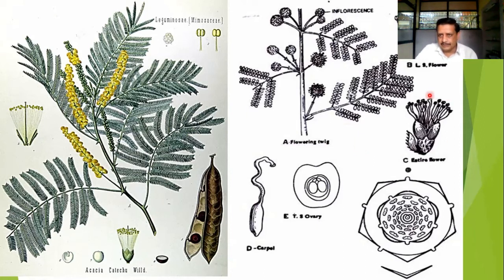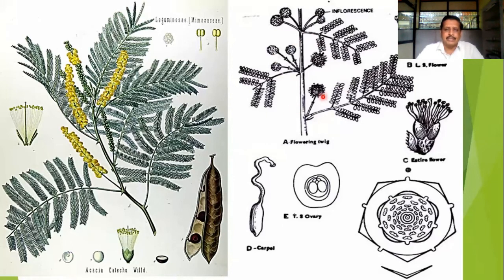When we talk about the single flower, here you can find a single bract, which is a leafy structure. Calyx is mostly gamosepalous. It is fused. Petals are free, but they may be connate at the base. And stamen number may vary from 4 to an indefinite number of stamens. And the genera we have taken here have more than 10 stamens. Okay. So it is about the branching twig.